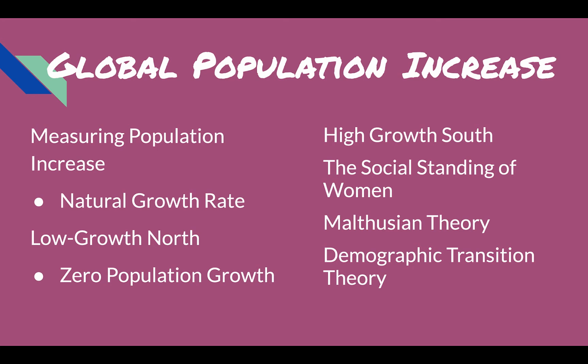But what's really interesting as a counter-argument to Malthus is the social standing of women. Meaning, if you give women choices, they're not going to have 12 kids. As more people have access to healthcare and contraceptives, and where women have actual life and job opportunities and rights and autonomy over their own bodies, getting to make choices about whether they have sex or not, that's integral to limiting population increase, right? Just treat women as people and give them power. Turns out they'll tell you if they want to have kids or not.